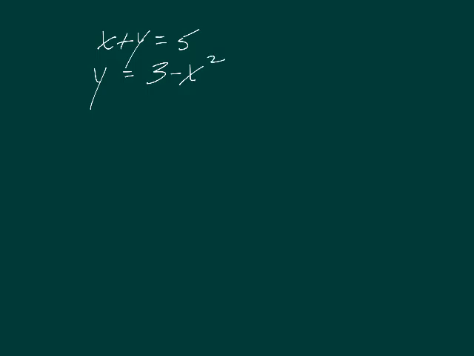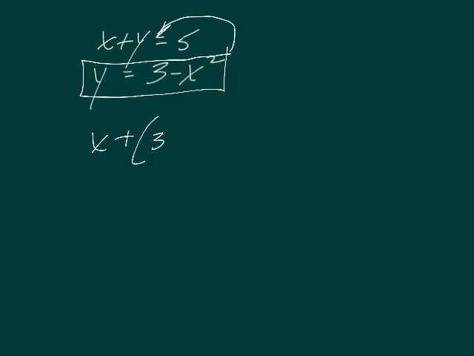Alright, so again, we have an x and a y here, and here we have an x squared. So we're going to have to use substitution again because we don't have an x squared or a y or an x squared up here. So we're going to go ahead and use substitution. So I know that for this problem right here, I can take 3 minus x squared and put it in here for y. It's already set up. So x plus, and I would